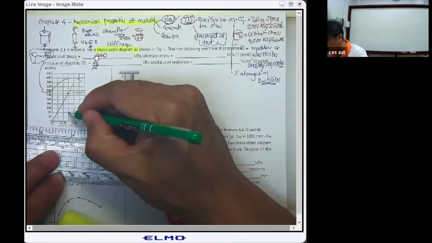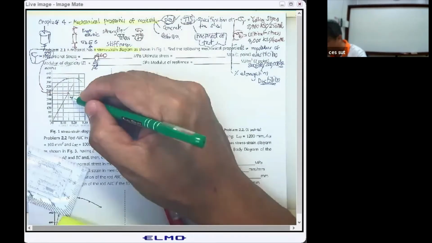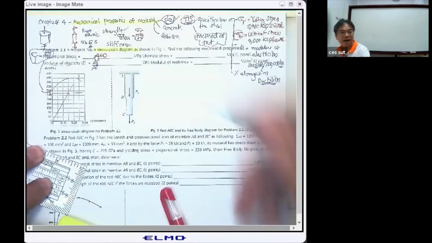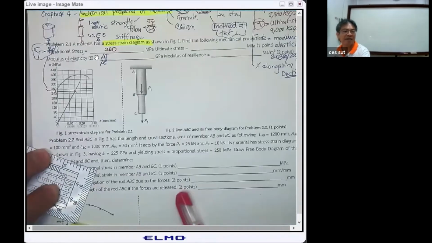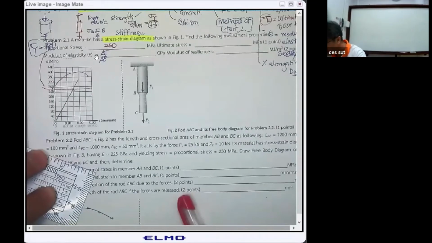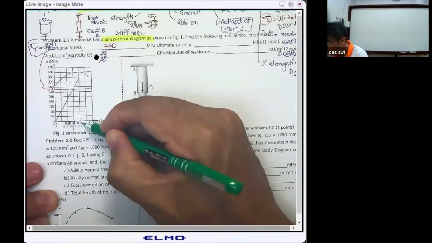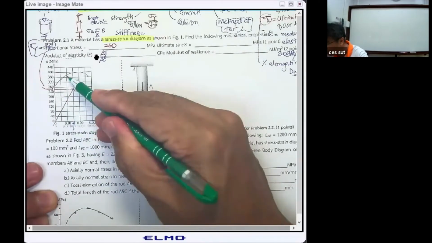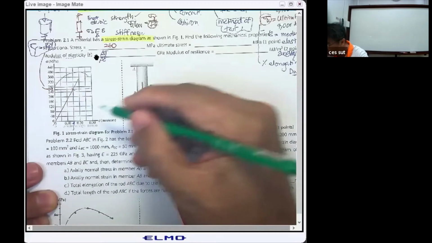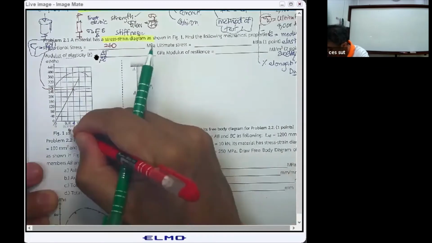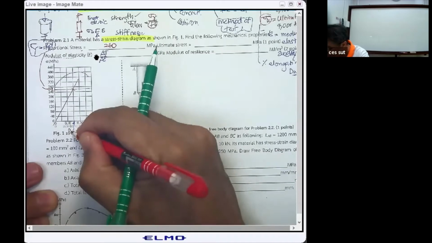And you may see from this graph the last point is the proportional limit, and then you can project it down to the bottom part, and you can see it's going to arrive at this portion. Which scale are you going to use? For the top scale, that's based on the stress strain diagram, and based on the bottom one, the point here is supposed to have the value of